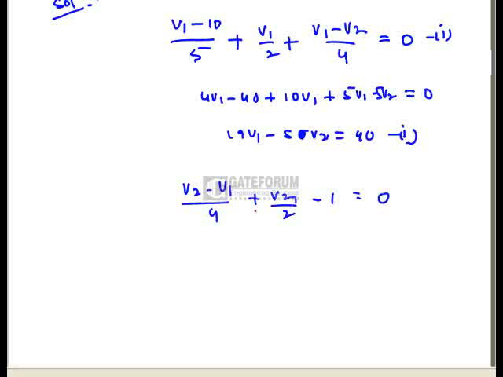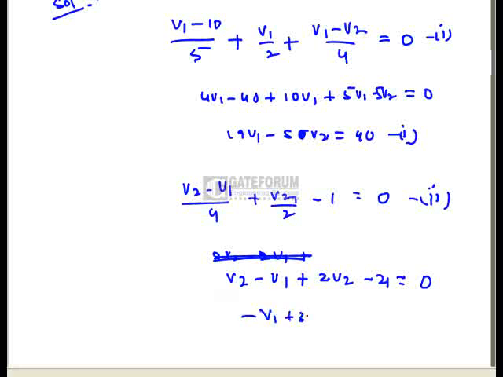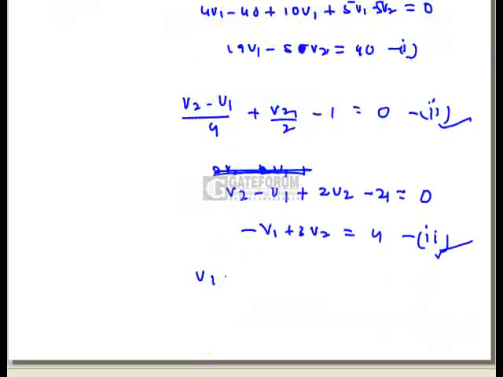Now if you again simplify this equation, what will we get? V2 minus V1 plus 2V2 minus 4 equal to 0. If you further simplify this, then we will get minus V1 plus 3V2 equal to 4. This is equation number 2. If you solve 1 and 2, then we will get V1 equal to 2.7 volts and V2 equal to 2.23 volts. So we have to go for option